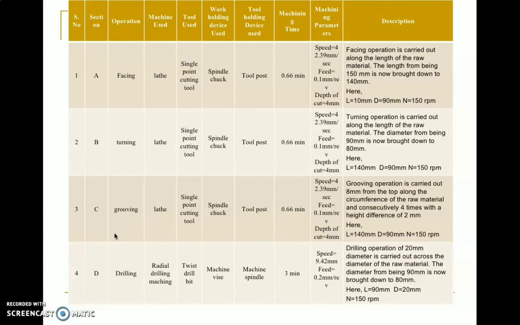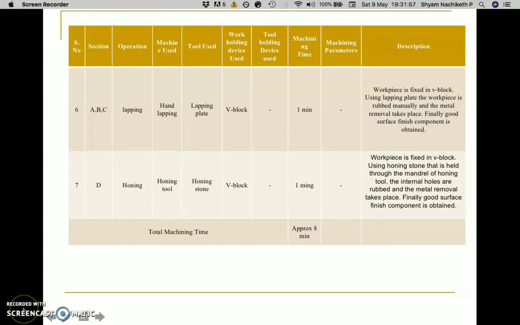The drilling process is done to drill the hole in the center with a radius of 10 mm. The radial drilling machine is used, and the tool used is a twist drill bit. The work holding device is a machine vise, and the tool holding device is a spindle. So now we move on to the last two processes, which is lapping and honing. Lapping is done on sections A, B, C, and it is done using a hand lapping machine, and the tool used is a lapping plate, and the work holding device is a V block. Since the process is done manually, there is no requirement for a tool holding device, and the machining time is